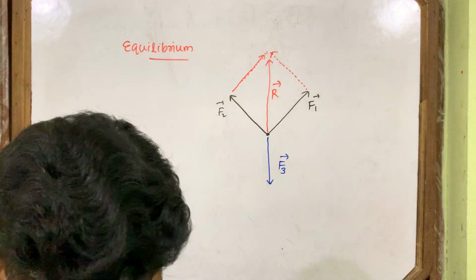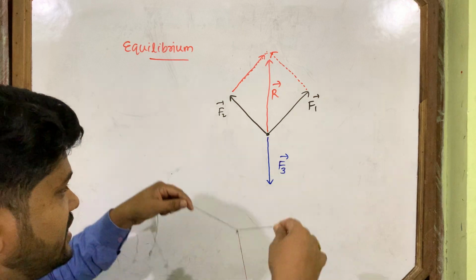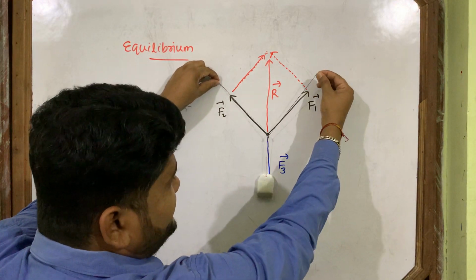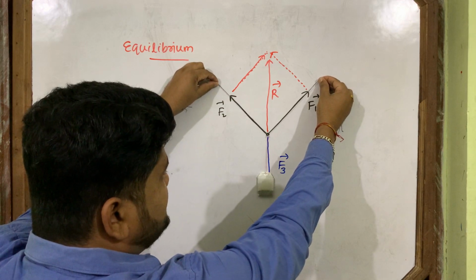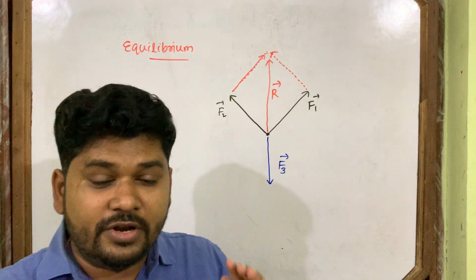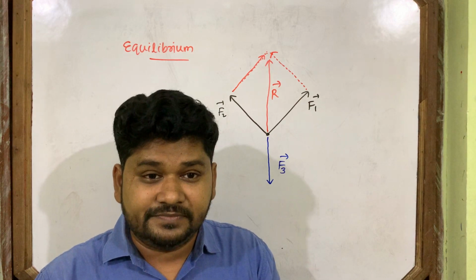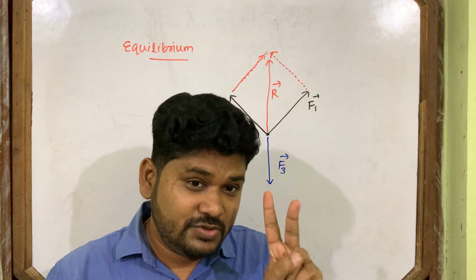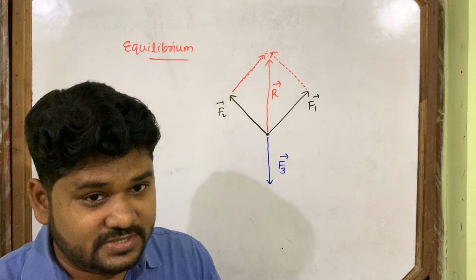So this is the arrangement I showed to you. Now you see, I am just keeping it in the triangle. This is F1, this is F2, and F3 is in a downward direction, and the point is in equilibrium. So minimum, how many unequal magnitude vectors can cause equilibrium? The answer is 3. If equal, then 2. If unequal, then 3.